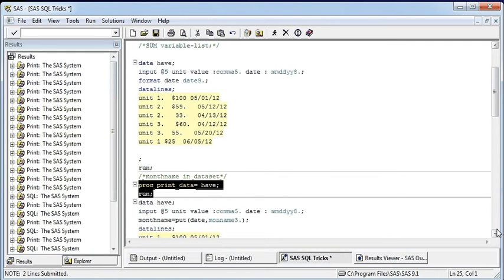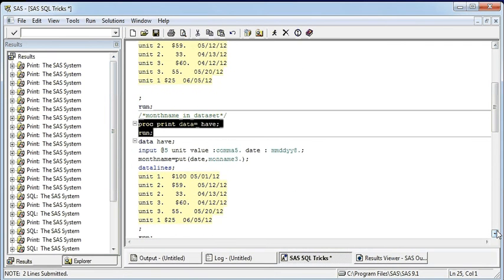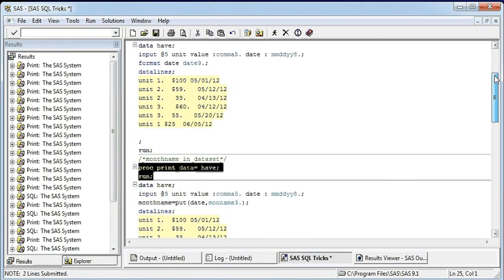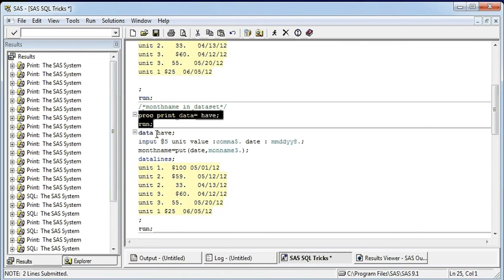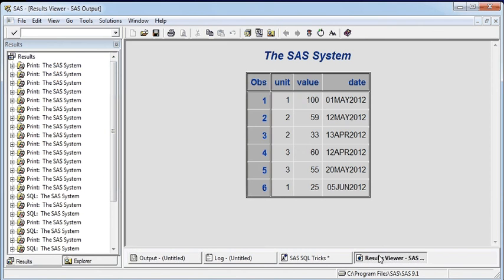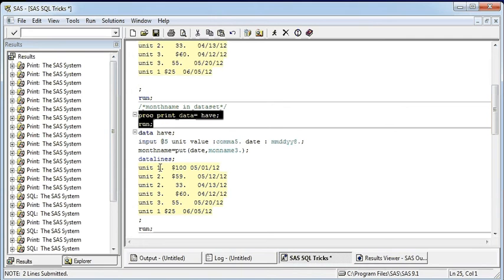Now I'm going to create another data set by the same name. Data have, input, I'm going to put unit, value, and this date, and I'm going to add this new variable, month name.